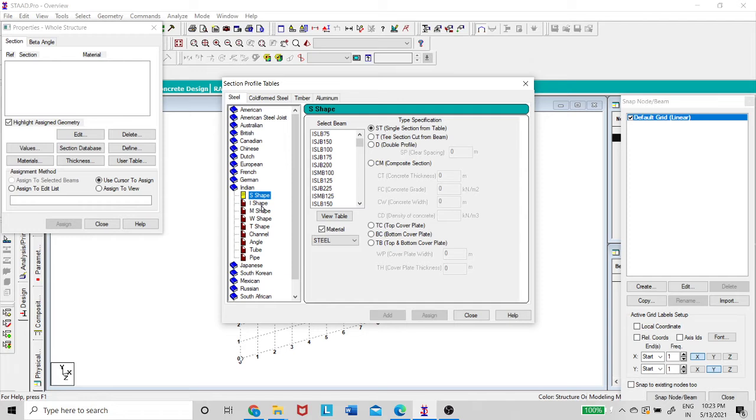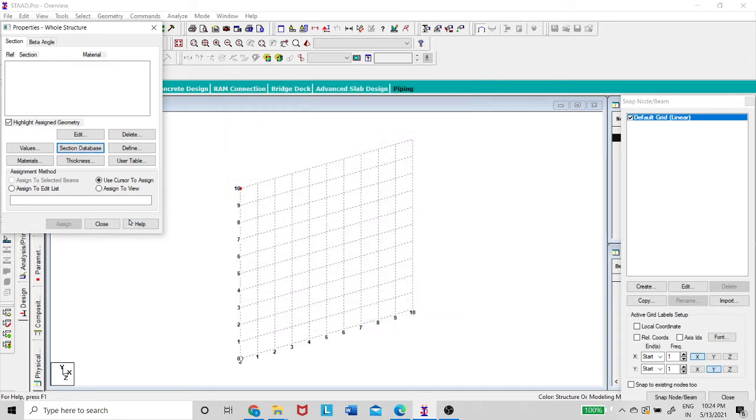So the I sections, generally ISMB, ISLB, ISJB, all the parameters are there here. The steel tables, in terms of IS 800 or something, the steel table parameters are already included in this. So that's how we can make use of this one. Directly we can assign the cross sections and we can work out.